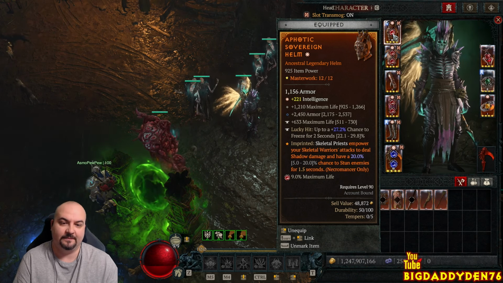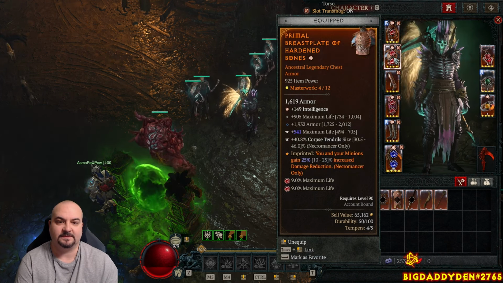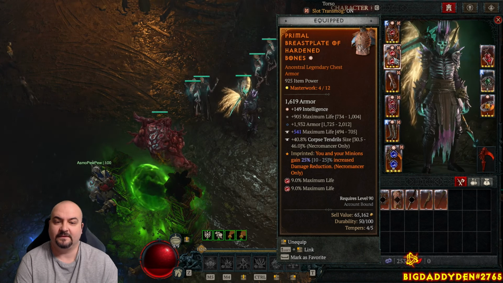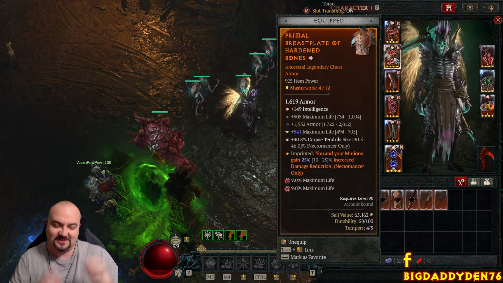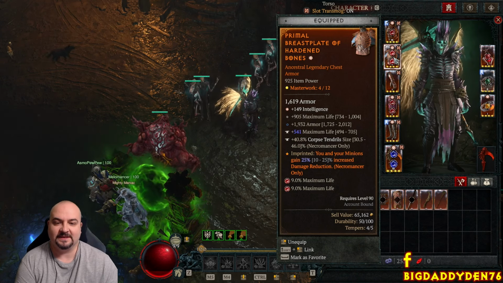Intel, maximum life, armor, maximum life on temper, and then lucky chance to freeze. Absolutely fantastic. Just playing, guys. Intel, HP, armor, of tempered, maximum life, and Corpse Tendril size, man, so good, guys. So, just drag them into one spot, and then of course we are using Hardened Bones for the 25% damage